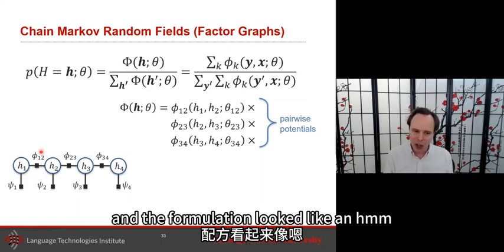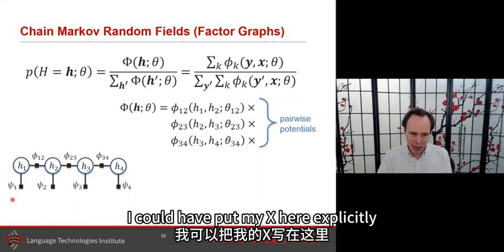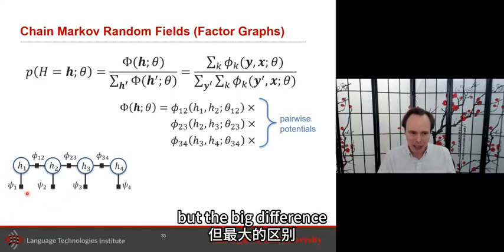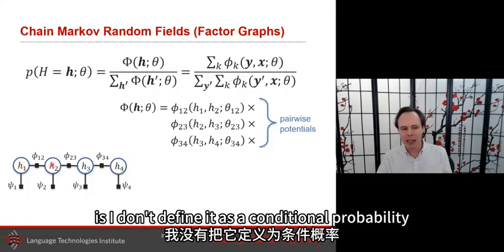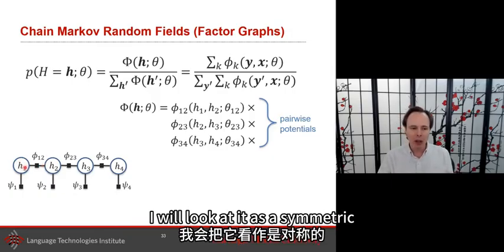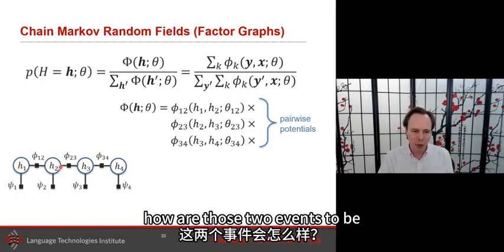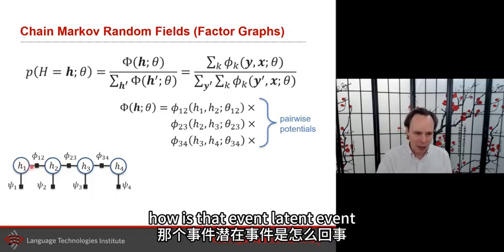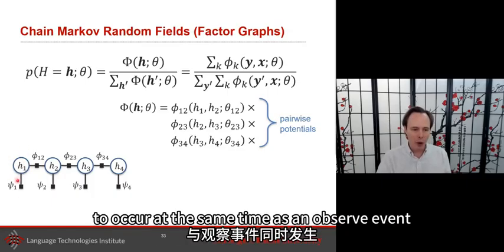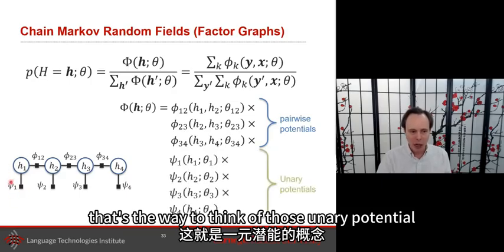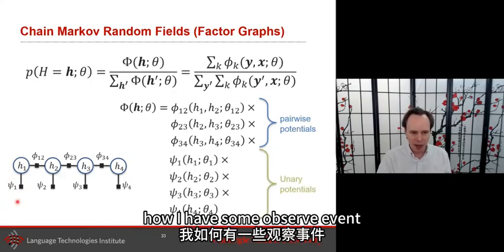And the formulation looked like an HMM. I could have put my X here explicitly, and that's what it is. But the big difference is I don't define it as a conditional probability, the dependence. I will look at it as a symmetric. How are those two events co-occurring at the same time? How is that latent event to occur at the same time as an observed event? That's the way to think of those unary potentials. How I have some observed event and